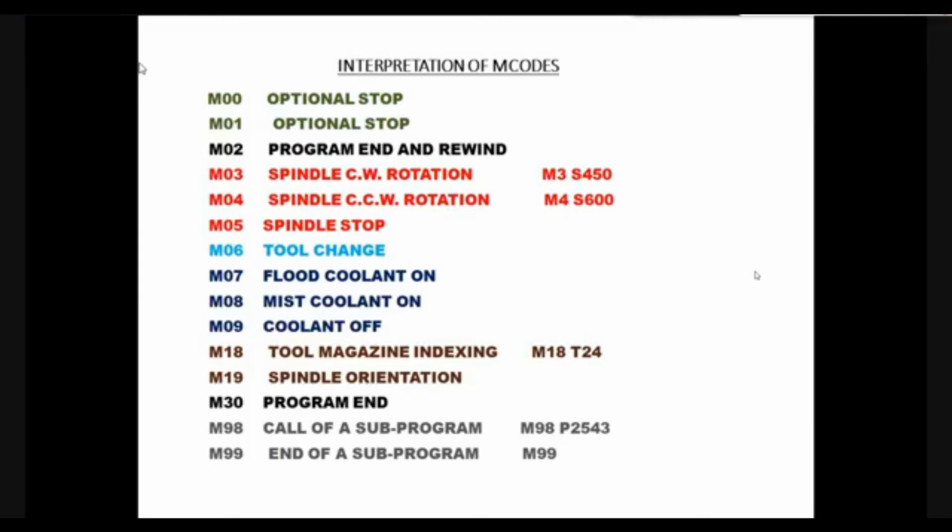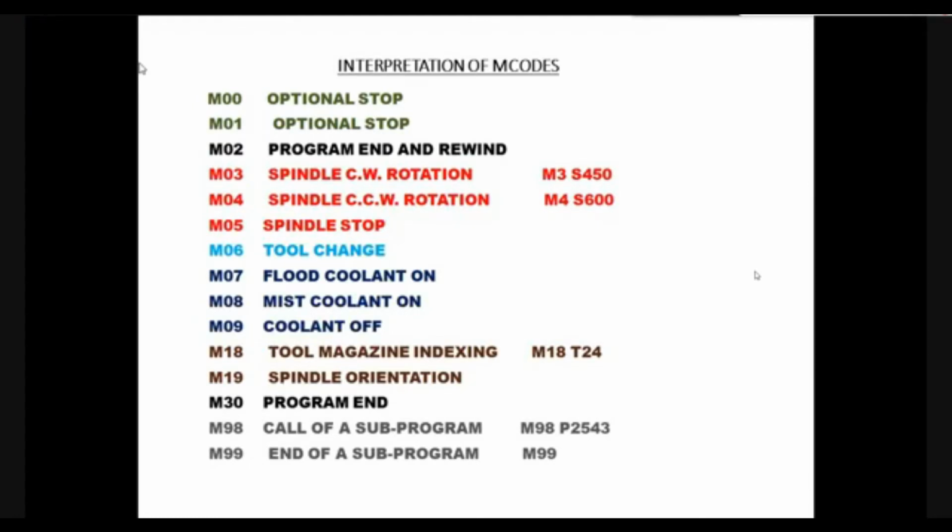We should remove the tool number 2 from the spindle and take the tool number T6 from the magazine and insert into the spindle. So there will be a tool changing arm on the machine which will pick up tool number 6 in the magazine and come back to the spindle, and the arm which is idle will catch hold of the tool number 2 in the spindle. It will take it out from the spindle, return it back to the tool magazine, and tool number 6 will be inserted into the spindle. All these actions are together covered by one command, that is M6. M6 is an integral command.